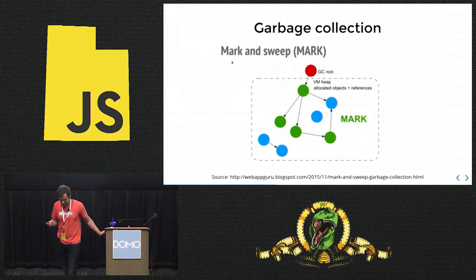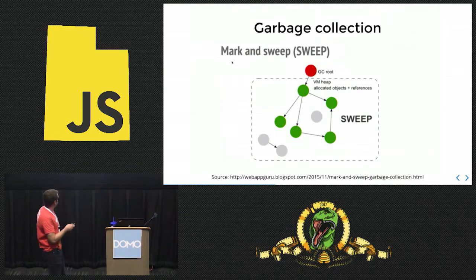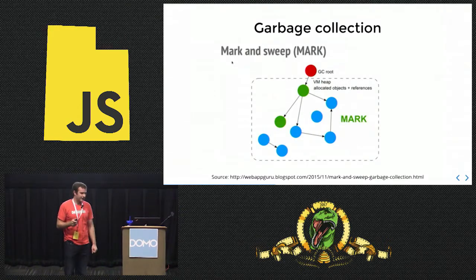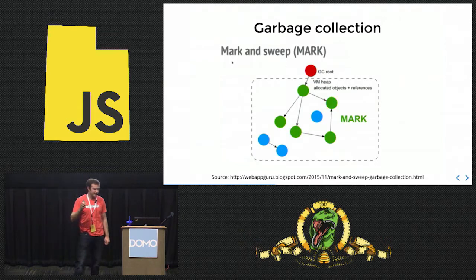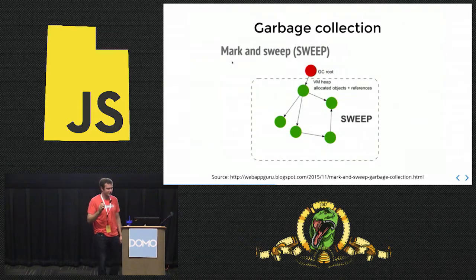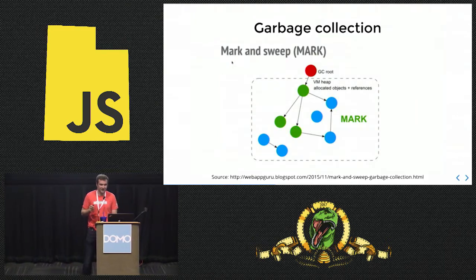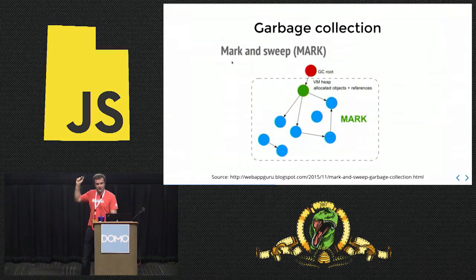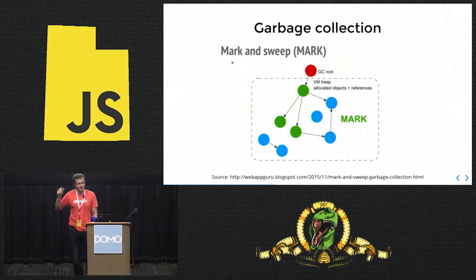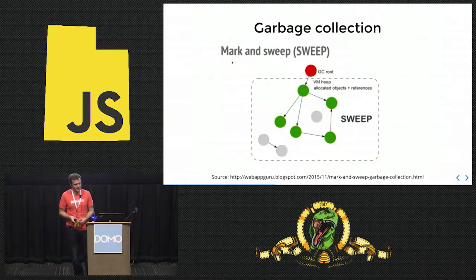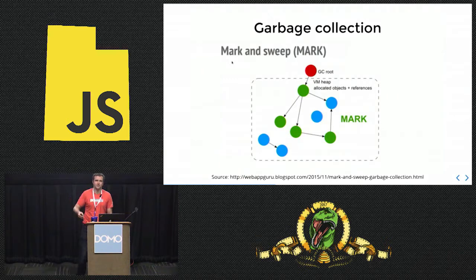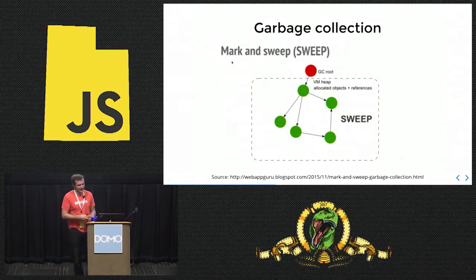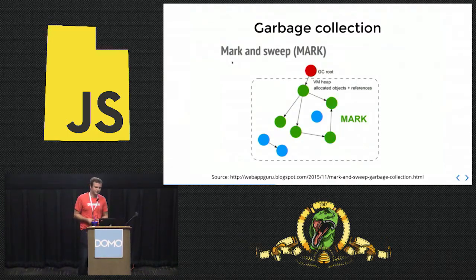Before we get started on the tools themselves, I want to do a quick review of garbage collection, how it works, very quickly. Prepare yourself for some serious oversimplification. What we have is what are known as GC roots, the garbage collector roots. These are the places from which you can reference all objects in your JavaScript heap. Those objects are typically, the root would be like window or something that owns window, actually. And then those have references out to all these other objects. Objects have references to each other. And